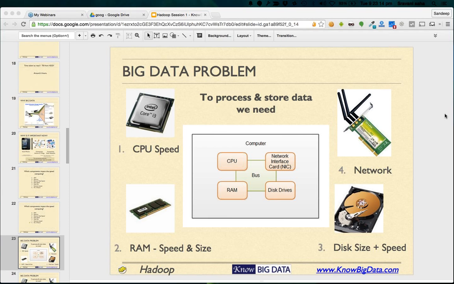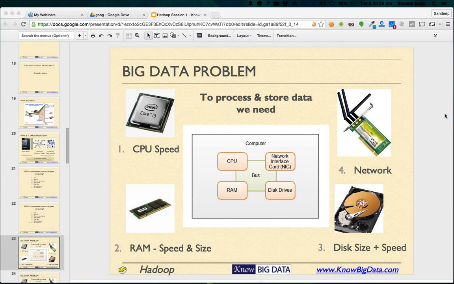Now why does size matter? In case RAM is of smaller size, the data will be kept in the disk, because if the data is not fitting into the RAM, you will have no choice but to write to the disk. And whenever you do that, there is an overhead. Whenever you require that extra piece of data, you will have to again go to the disk and read it.